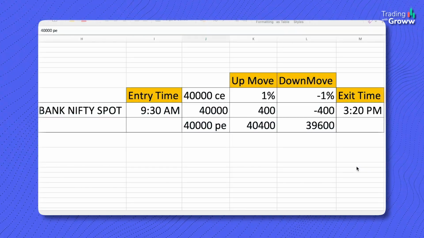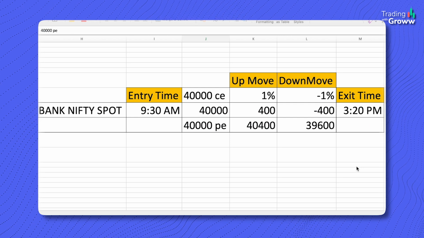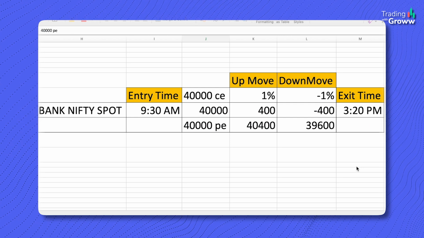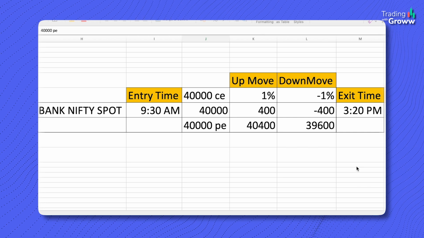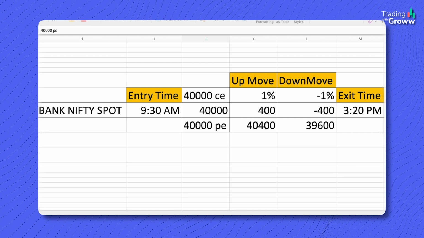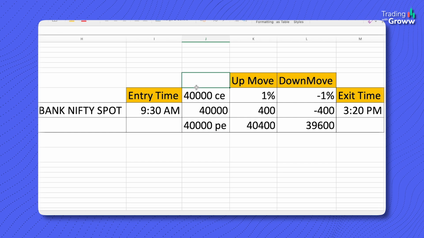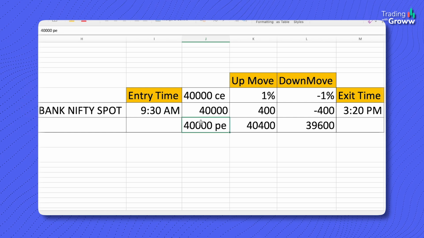So if you are looking for an alternate strategy to trade on expiry days, then definitely this strategy should be really helpful for you. So let me give you the recap of the rules of the strategy so that you can clearly understand. As per the rules, you check the Bank Nifty spot value at 9:30 a.m. And if the spot value is, for example, at 40,000, then we short the at the money call option, 40,000 call option and 40,000 put option,